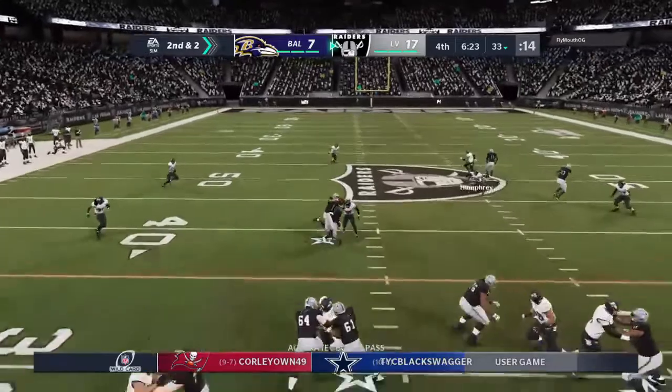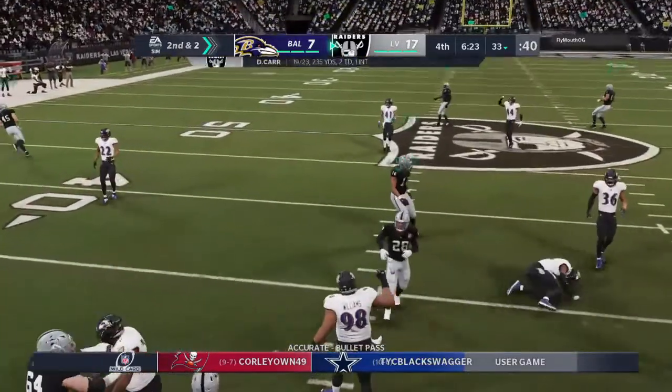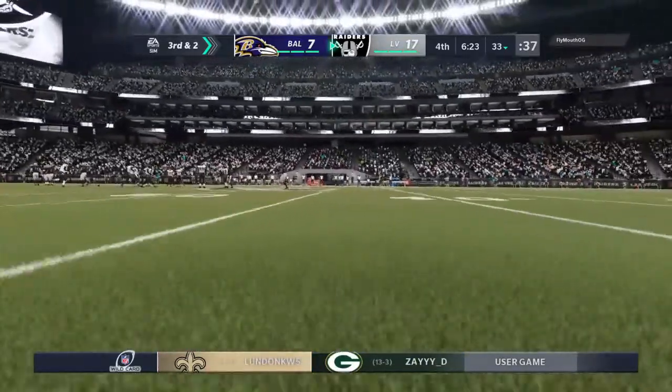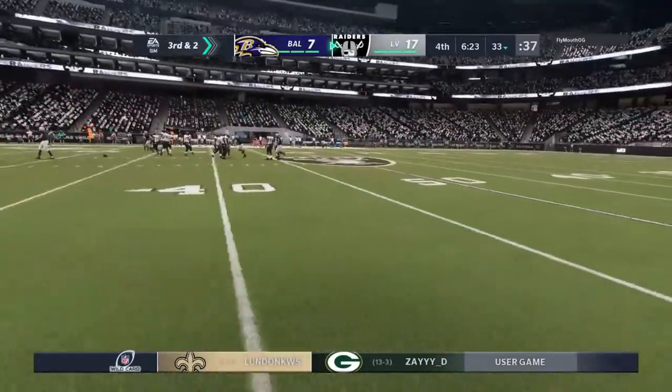To throw, it's Carr. And that is incomplete. A lot of force bearing down on him there. He could not hang on. It's 3rd down. He was covered by...